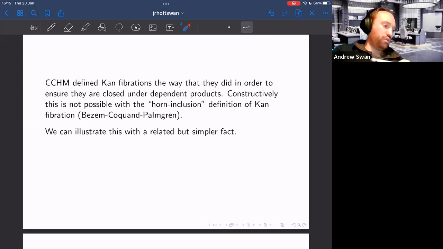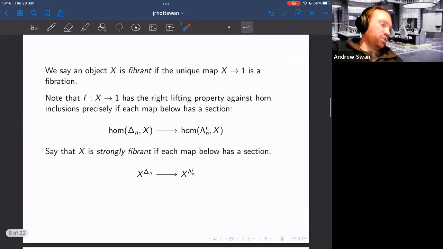So that's kind of their motivation. And in fact, there's a counterexample by Bezem, Coquand, and Palmgren, who showed that if we use this Horn inclusion definition of Kan fibration for simplicial sets, then the Kan fibrations are not closed under dependent products. And just to illustrate this, there's a simpler, related fact, which is the closure of fibrant objects